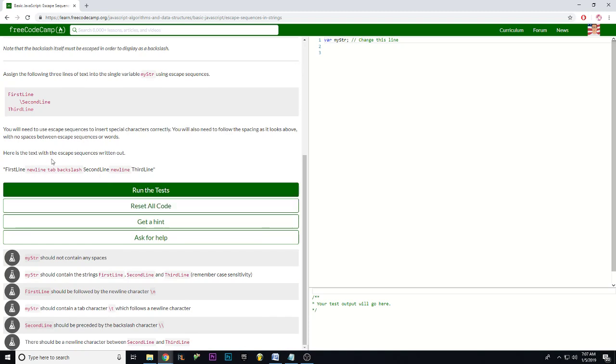So they want us to write first line. Okay, I want it to be my string equals this word, first line, which is not in camel case, it's in, I think, uppercase case, something like that. There's a word for that. Then they want a new line, which is \n,